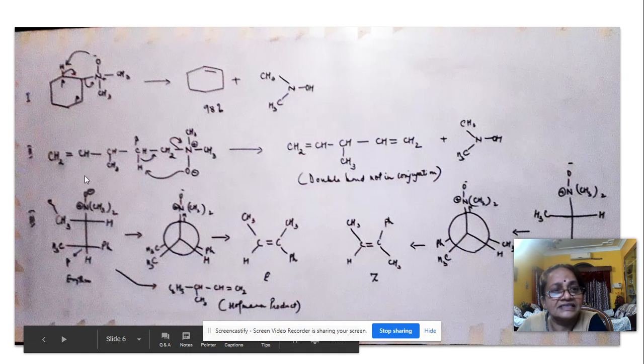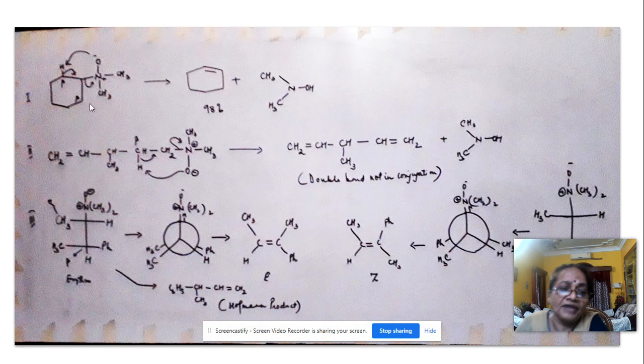Now, coming to the next example, that is your amines. Now, in amines, you can see here we have two beta carbons with a beta hydrogen. Since it is a symmetrical molecule, there will be formation of only one product here. This is another example of an amine where we have a beta carbon with an abstractable hydrogen. So the formation of the product is taking place here. You can see here that the two double bonds are isolated. They are not in conjugation with one another. So there is no necessity that the double bond that is going to be generated has to be in conjugation.